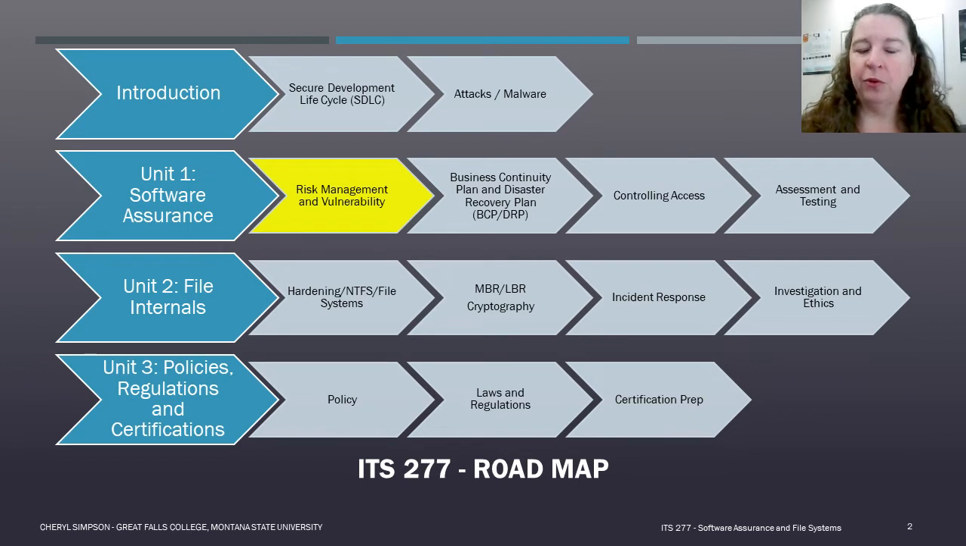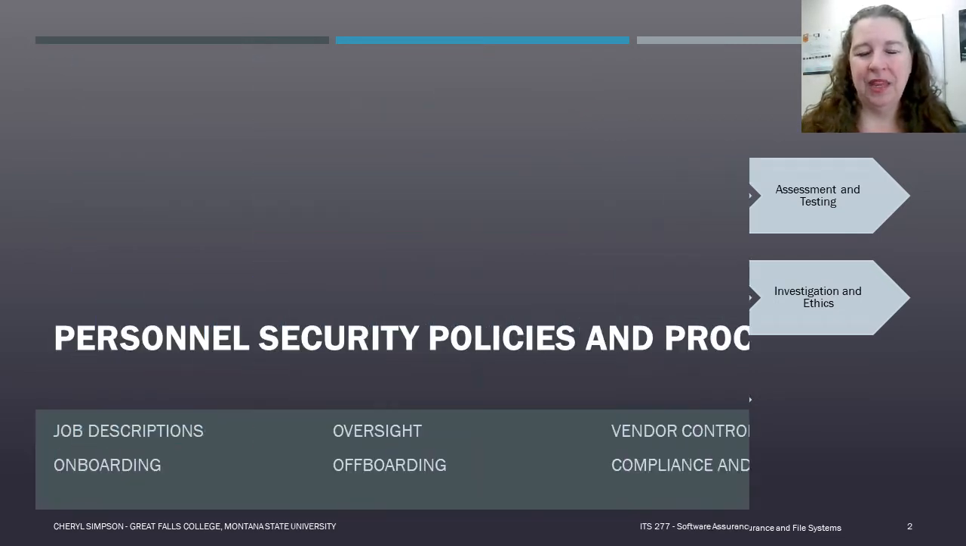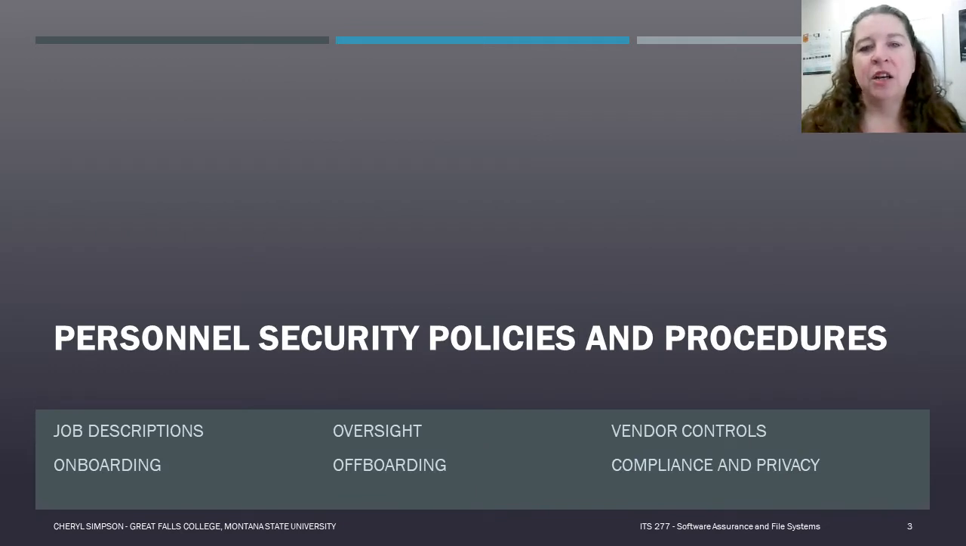Following our roadmap for this course, you will see that now we are into Unit 1, which is our software assurance unit, covering risk management and vulnerabilities. We're going to continue on with Unit 1 for a couple of lectures to cover BCP and controlling access, and then assessment and testing. So our first section is on policies and procedures,